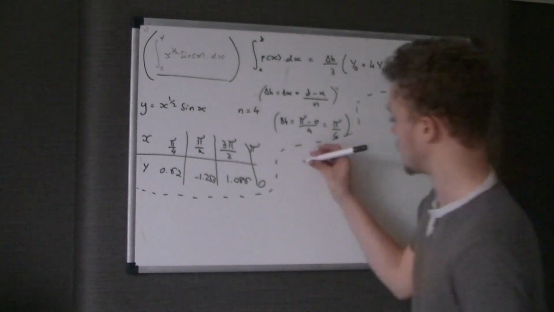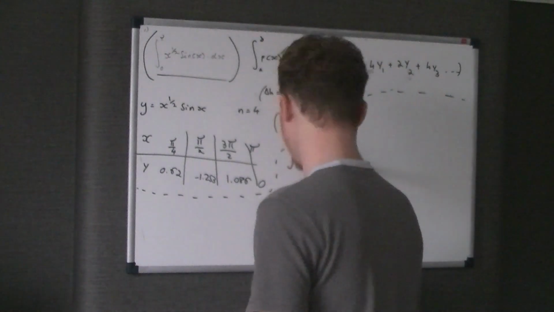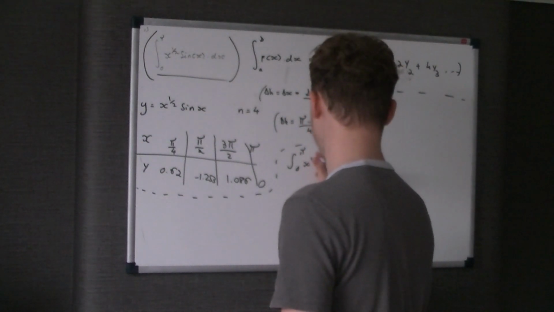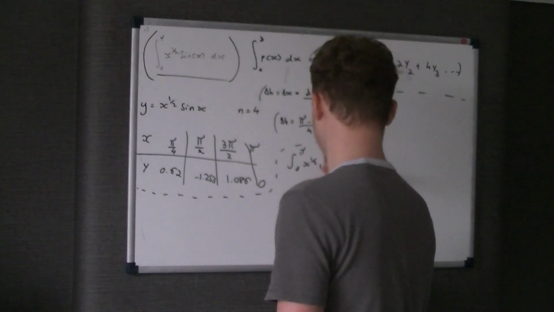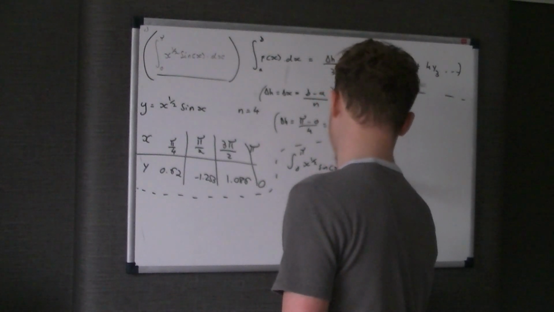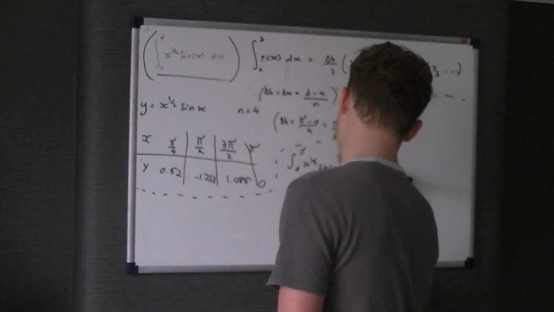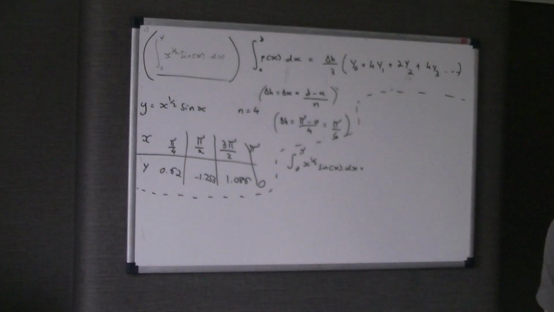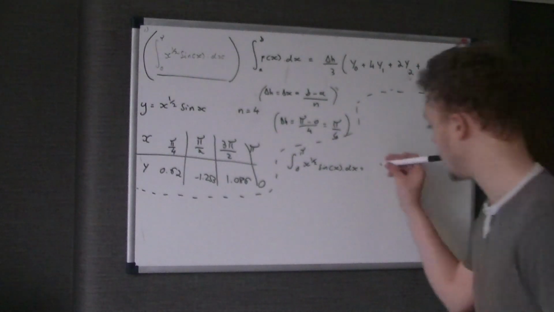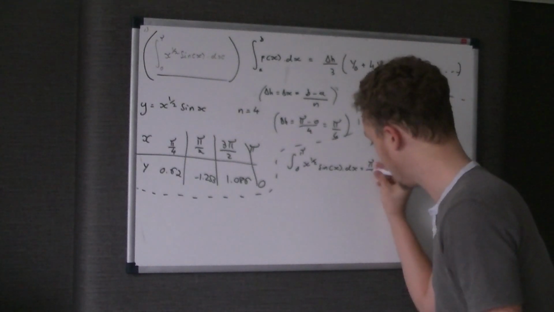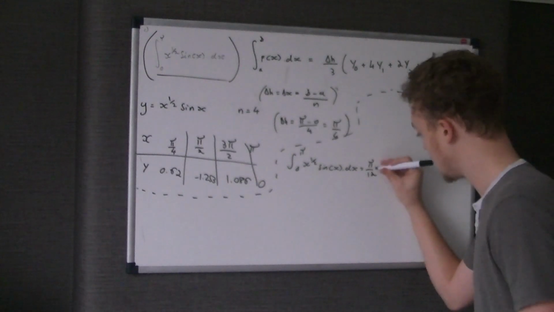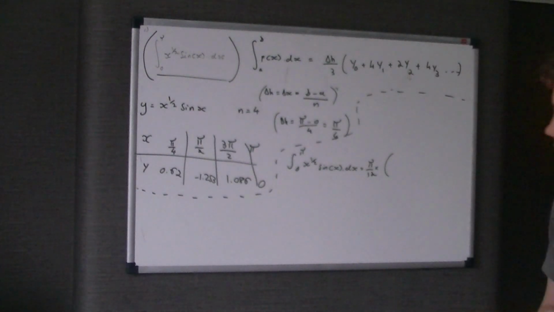Okay, so let's continue. So if we write out the equation again, which is the limits of pi and 0 of x to the power of a half sine x with respect to x equals, so it's pi on 4 over 3, so you could do a third times pi on 4, or I'm just going to write pi on 12. It's up to you, it doesn't matter, you should get the same answer. And then your first y coordinate,